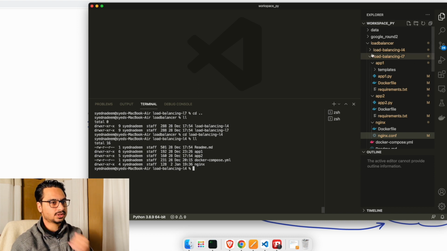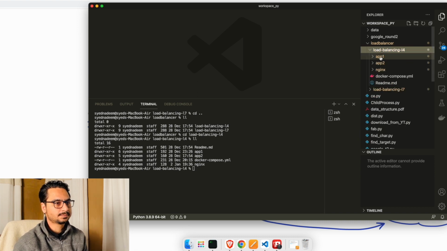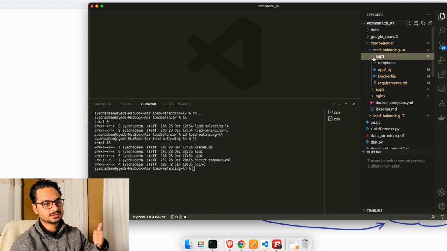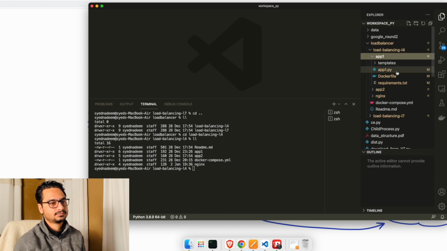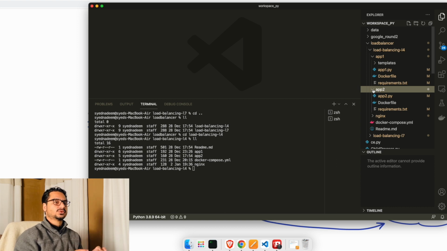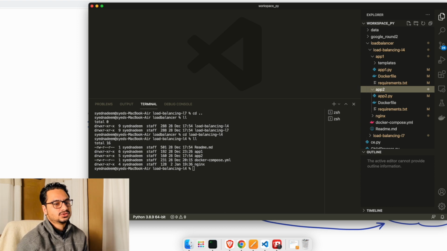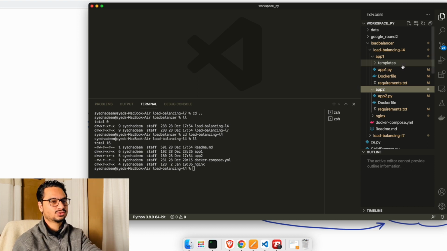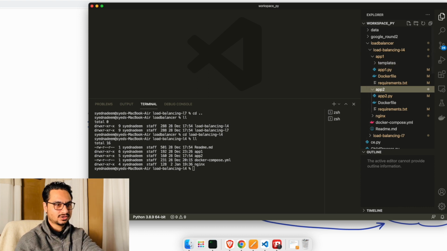Let me just quickly walk you through what it is doing. So I have two applications. One is called app1, another one is called app2. You can consider these two applications to be of the same data. So both of them, if I say that both of them are serving the backend of booking.com, just picture that